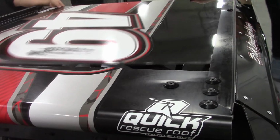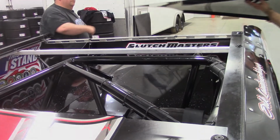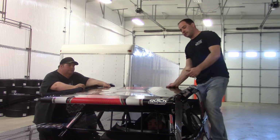So another benefit of this roof, not only can you extract a driver through the roof, but we believe that just having access to this driver compartment in case of an emergency is a great benefit to have for safety crew, EMS. With this off,